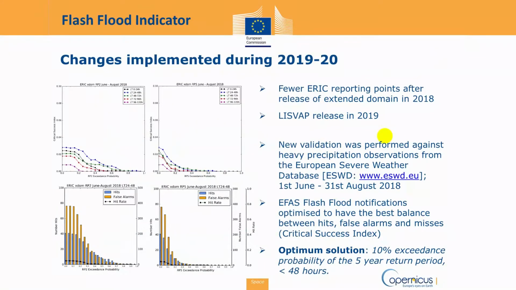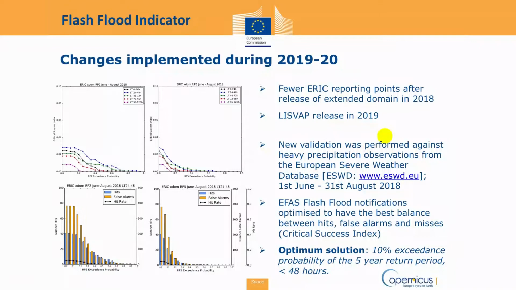So a number of changes were implemented during 2019 and 2020, ongoing now. Starting with what was done previously, it was observed that there were fewer ERIC reporting points after the release of the extended domain in 2018. Additionally, the LISVAP routine was released in 2019. LISVAP was the introduction of the Penman-Monteith evapotranspiration routines into the LISFLOOD hydrological model, which had an impact on soil moisture, for example, which is used in the flash flood indicator. So therefore a new validation was performed